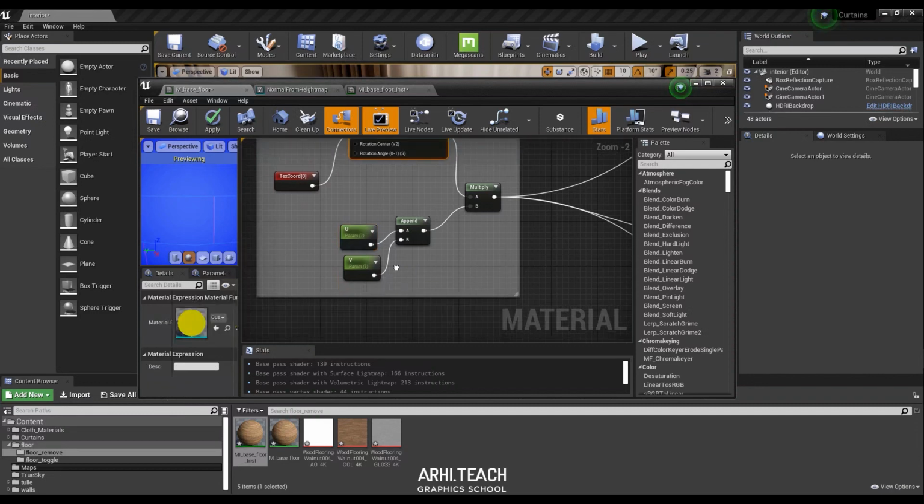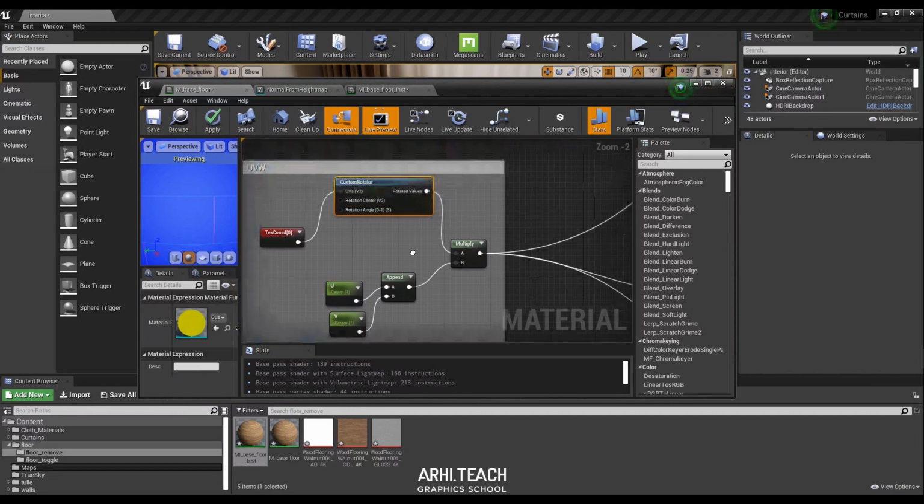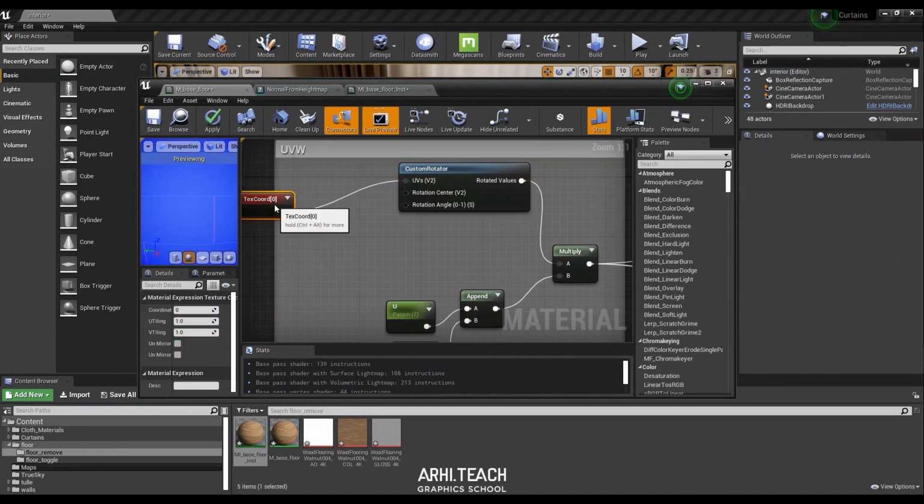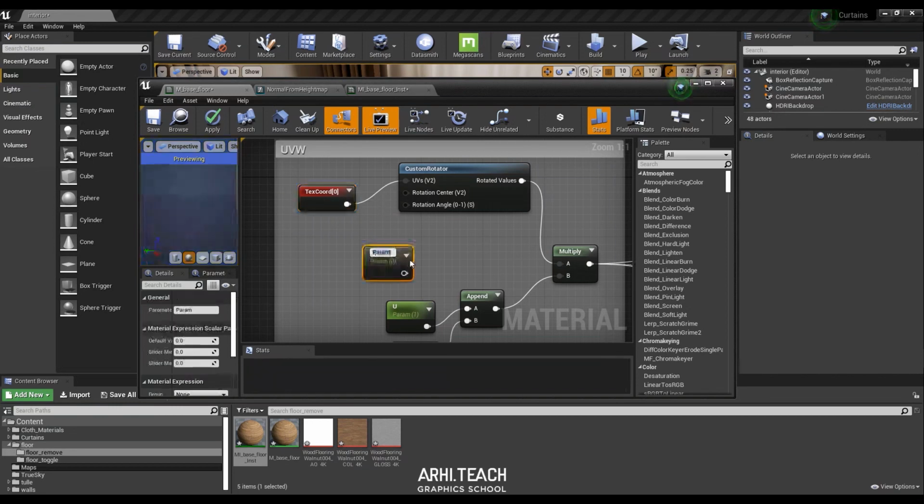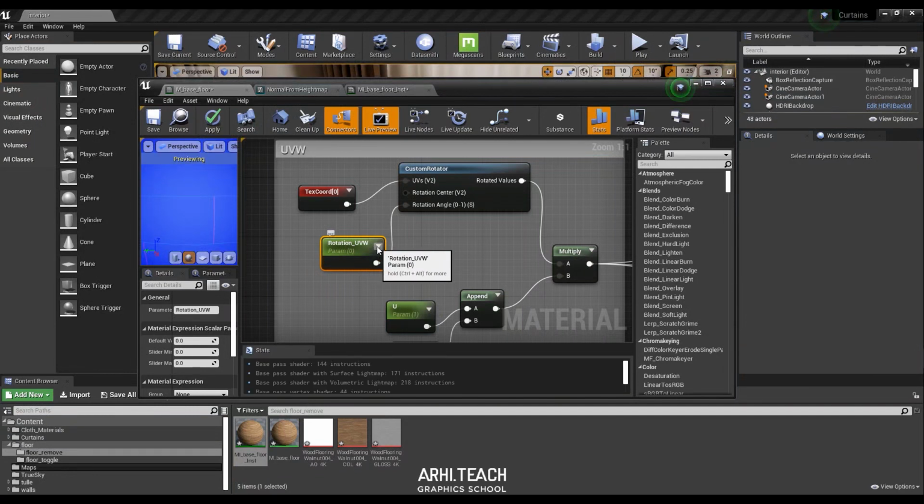So for U now we take custom rotator. First of all we have there, by the way, custom rotator, and this is an important point, I forgot about the control parameter there. We will have rotation UVW here, right? We link the branch here, in rotation angle. So here is a hint for you. There will be rotation from 0 to 1.